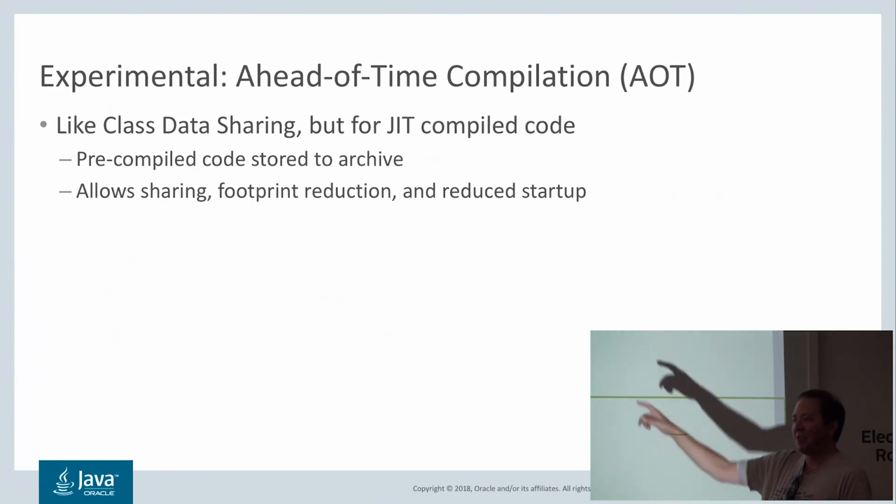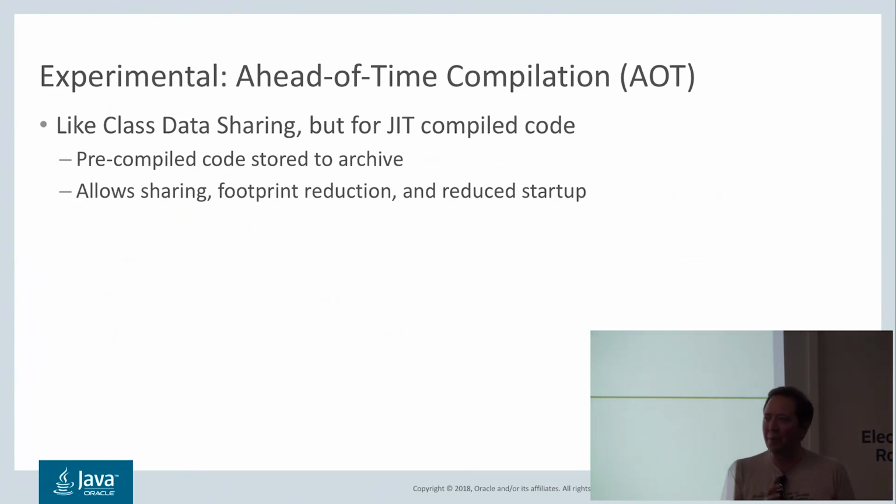So one of the key reasons why we started doing this was to be able to compile ahead of time the JIT compiler itself and bake that into an image and then reuse it. So that's the AOT story we're looking at right now. Most of the work in this area is going into the nefarious part of replacing our two compilers with one new one. And once we come out the other end of that, hopefully we can provide more of this functionality to end users as well. There are benefits to this, both in terms of startup and footprint savings, but not nearly as big, I'm going to say, as with CDS and all of these other things.